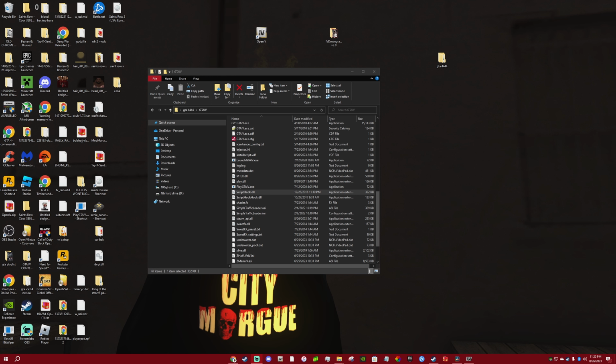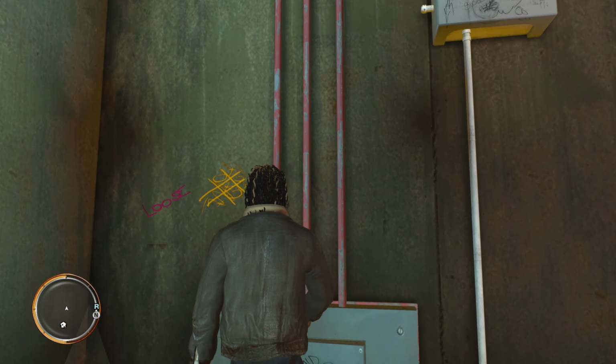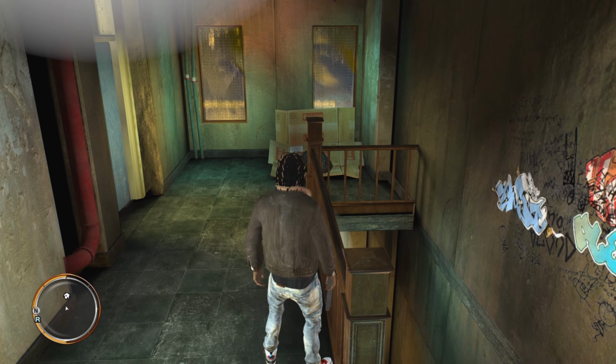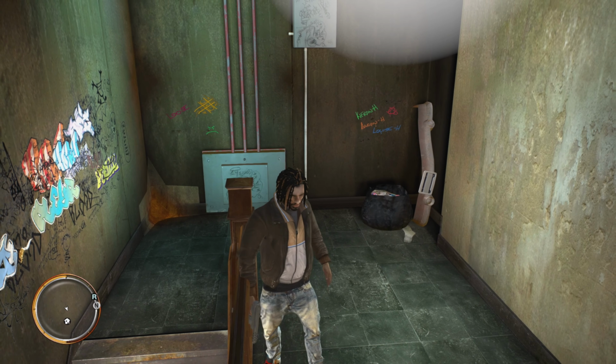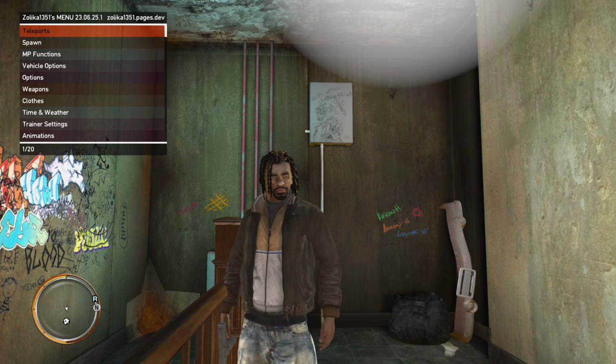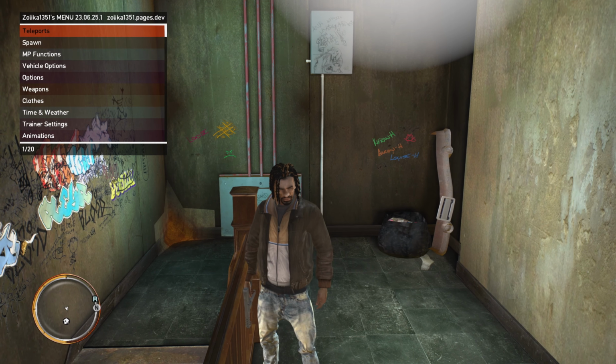Okay, now it's time to launch the game. All you got to do is go to the GTA 4 directory and find playgta.exe. You can create a shortcut and put it on your desktop if you want, so that way you can get to it quicker. How to change clothes in game, especially if you're playing on controller. So if you're on Xbox controller, you want to hold LB and then hold B at the same time, like this. Hit both of them at the same time and your menu will come up.